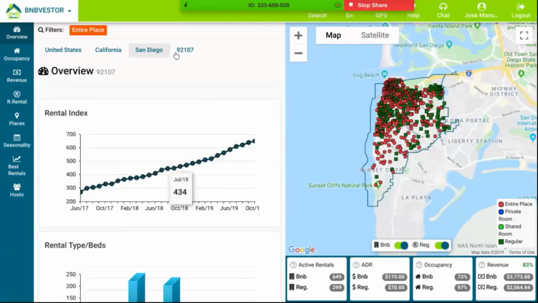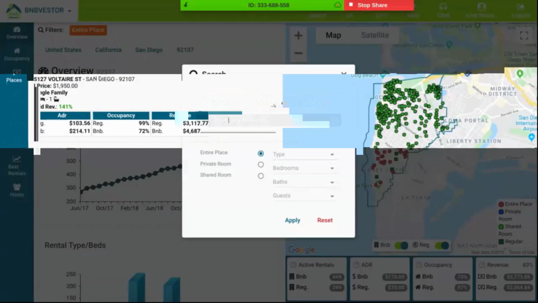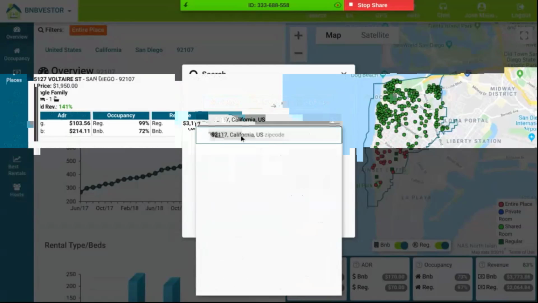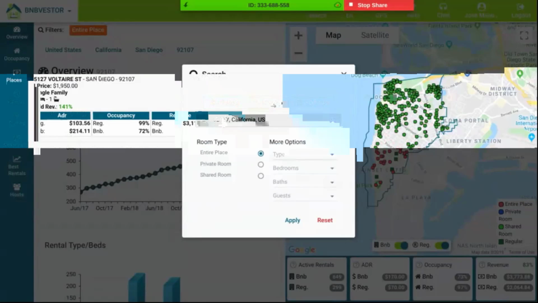Let's go and search. Actually, you know what? I think that we have this zip code here, 92117. Let's check it out.